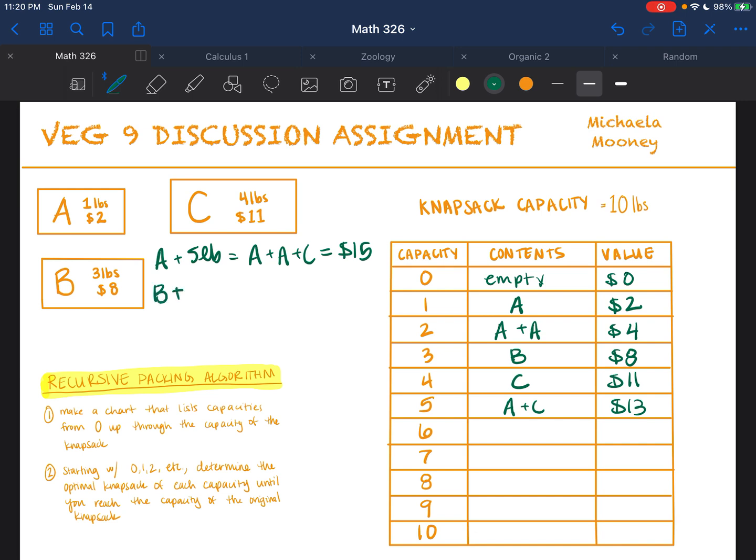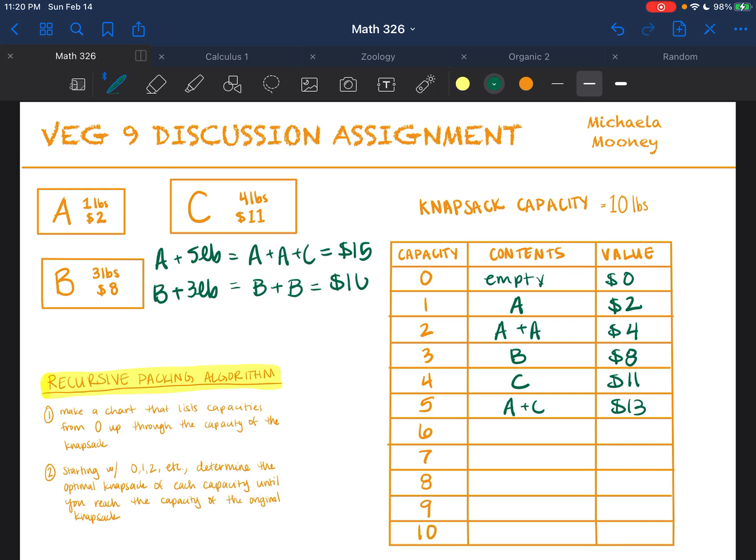Next, we look at B. B weighs 3 pounds, so if we fill 3 out of our 6 pounds, we have 3 pounds left over. And that means we're going to look at the optimal capacity to fill that leftover 3 pounds. And we found out that B has the best value. So we are going to do our original B plus B, and that is going to be $8 plus $8,